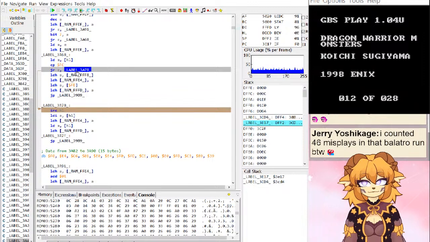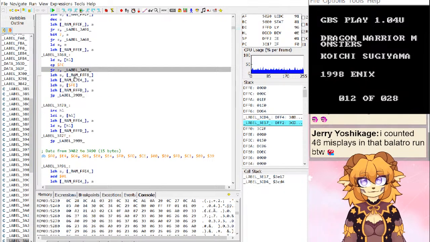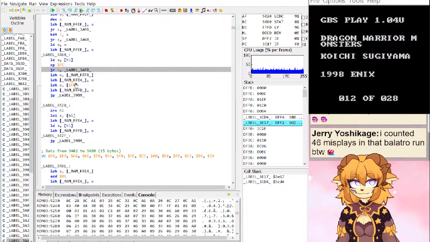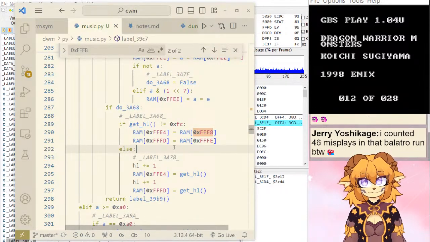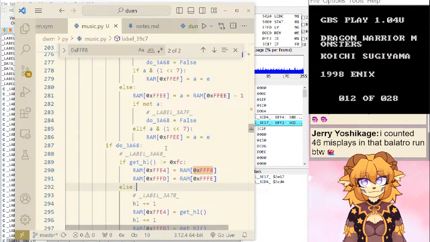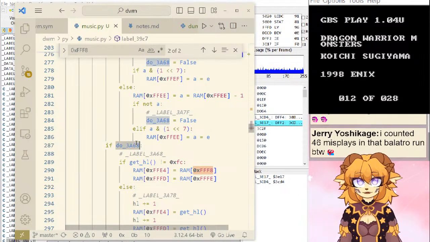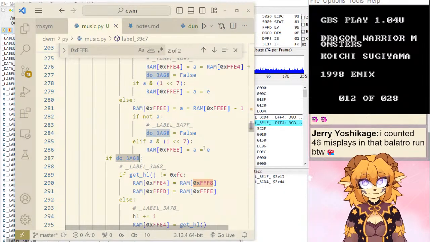Here, FC, if it's equal, it jumps. So if it's not equal, nope. Huh. Getting here is definitely a weird thing, I remember.